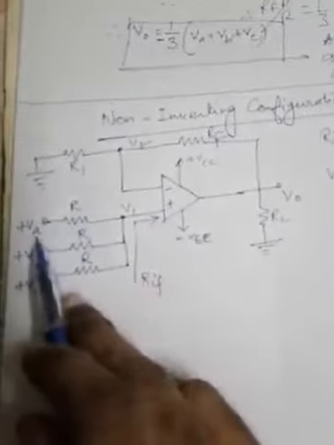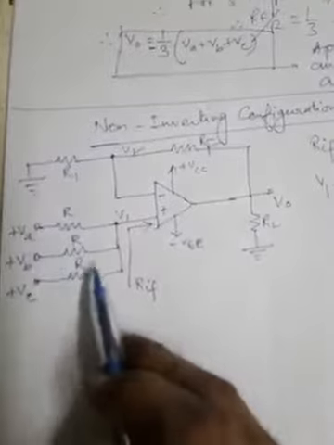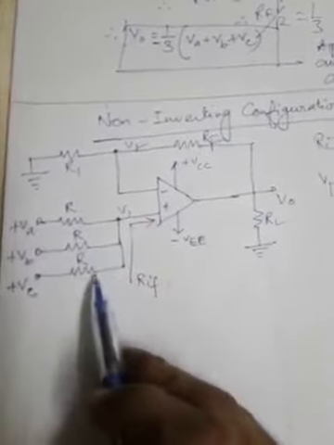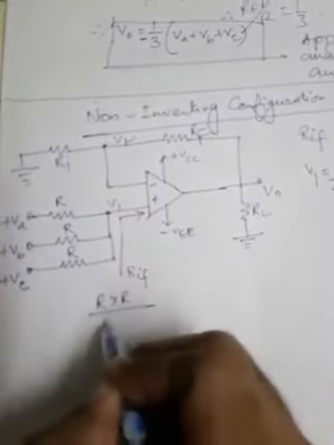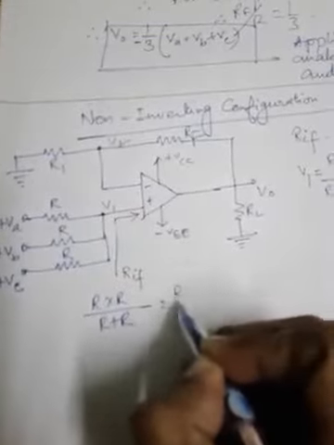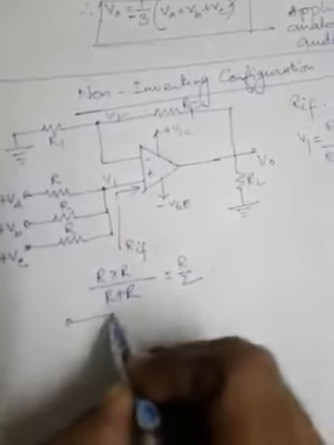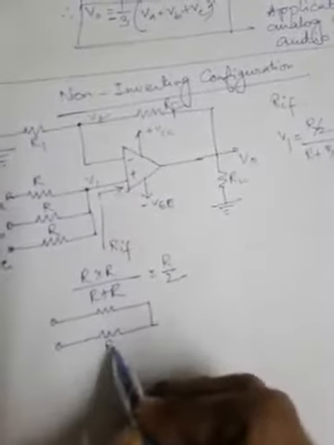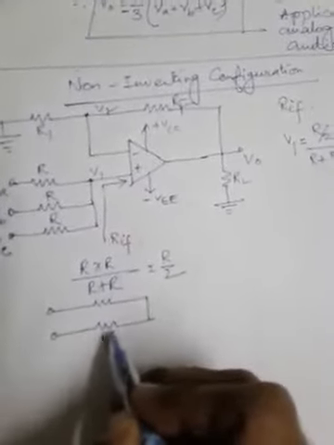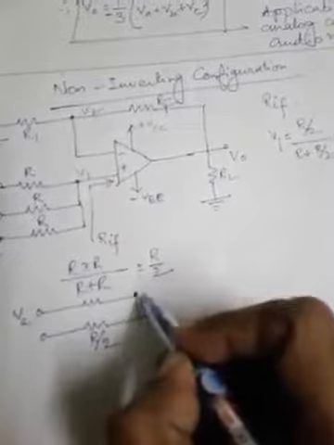Now when we are trying to find that, consider R and R in parallel. So the equivalent of these two branch resistances in parallel is R into R divided by R plus R. So this is nothing but R by 2. So that means this circuit can be equivalently drawn like this. The value of the resistance of this one is R by 2, and this is VA, and we are trying to find the voltage at this point V1 with respect to VA.